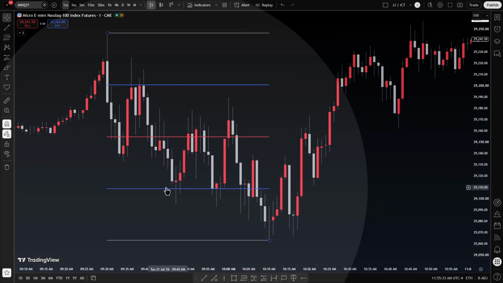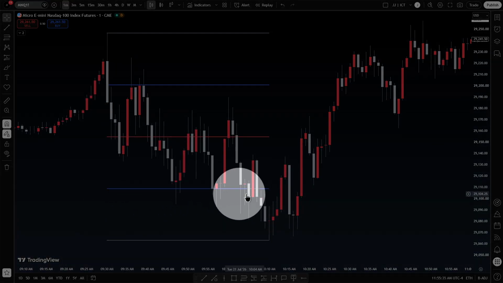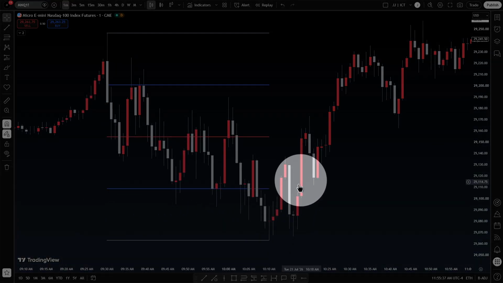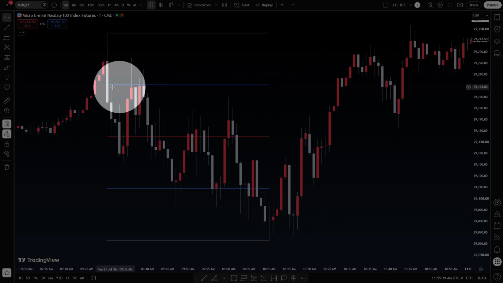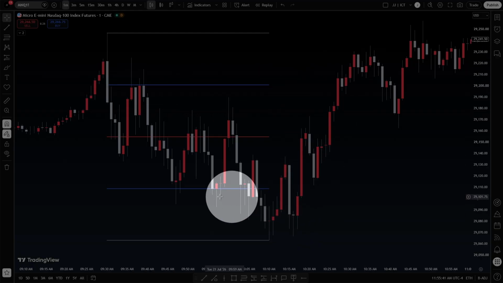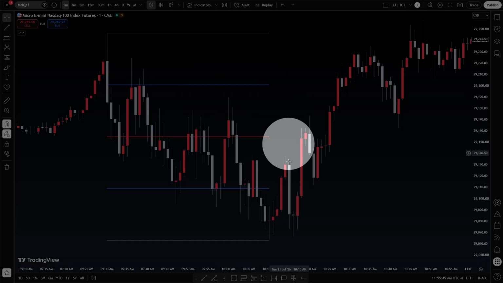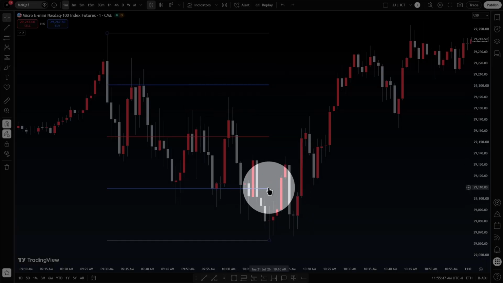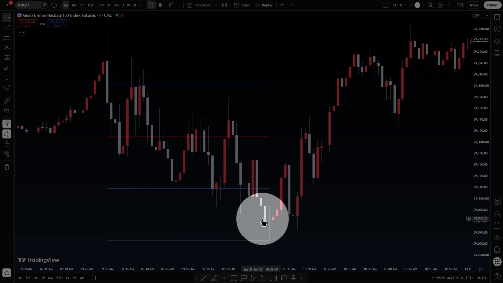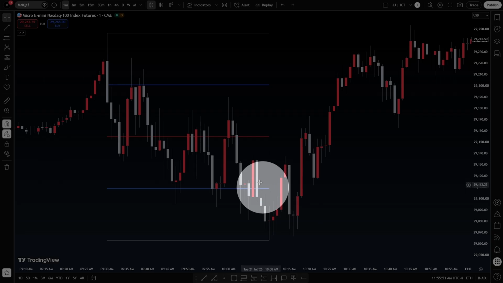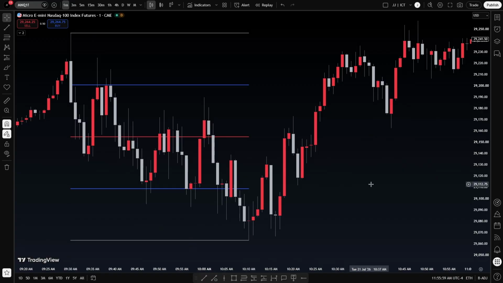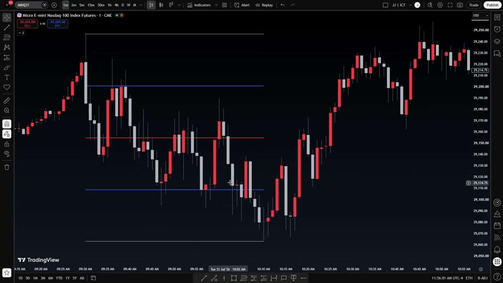Now, around the first quadrant, and when I say first quadrant, I mean the first quadrant that gets hit as price is rallying to your target, and obviously this one would be the second one because you have this one coming first and then that one coming second. It's common sense, right? So around the first quadrant, or when I say around it, I mean not below it, but it can be around it. You get the point. It's common sense because I can't believe I have to say these things because some people ask these questions, but it's okay. Questions need to be answered. So around the first quadrant,